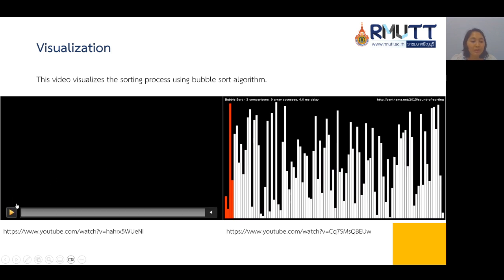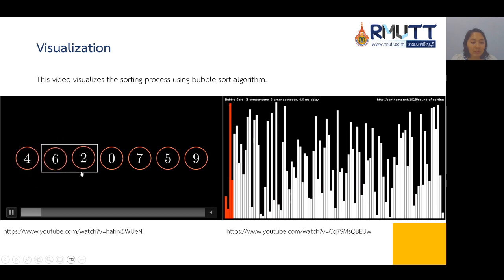The first is shown using a text box with number values. There are 7 numbers here.